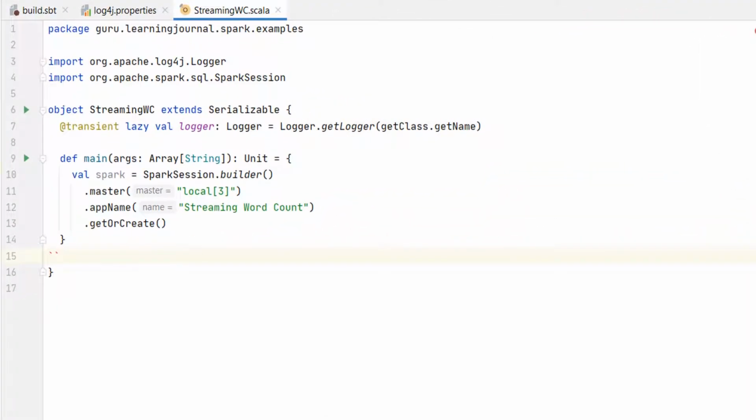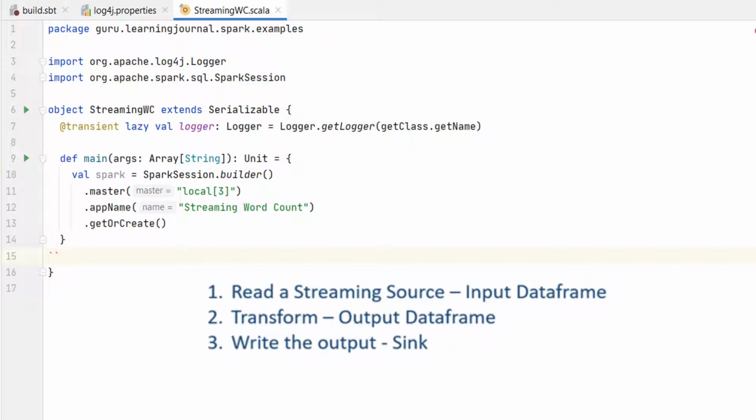Spark structured streaming application follows a 3-step process. The first step is to read a stream of data from a source. In this step, you will create a streaming data frame. You can call that initial data frame as your input data frame. The second step is to apply some transformations to process your data and create a final data frame which you want to output. You can call this final data frame as your output data frame. Finally, the third step is to write your output data frame to a sink. That's all. Let's code it and you will start getting some sense of it.